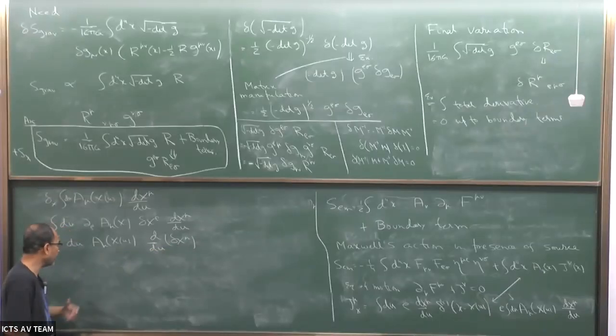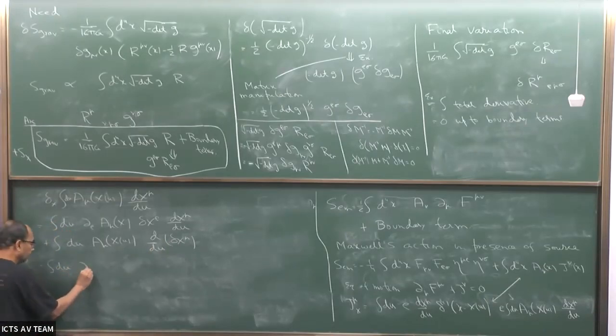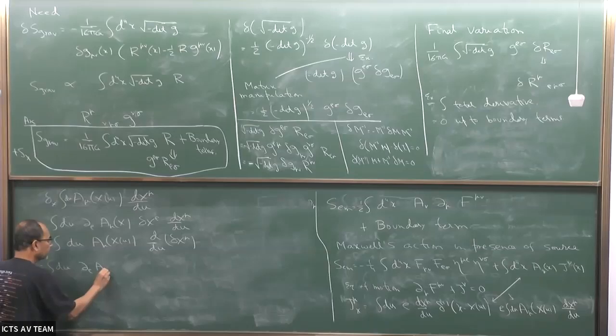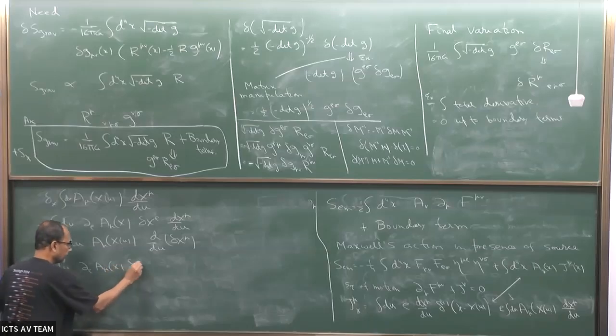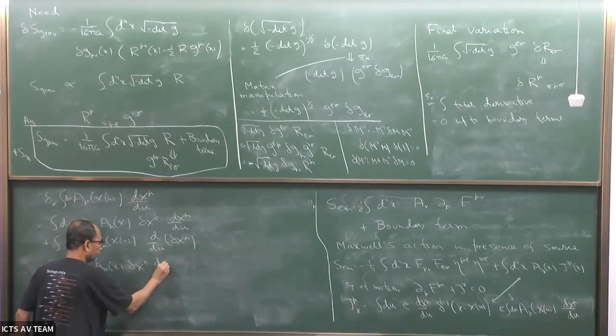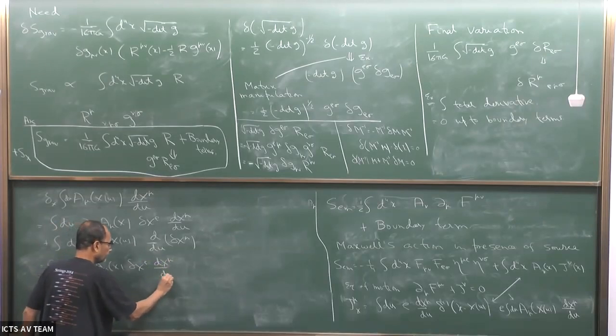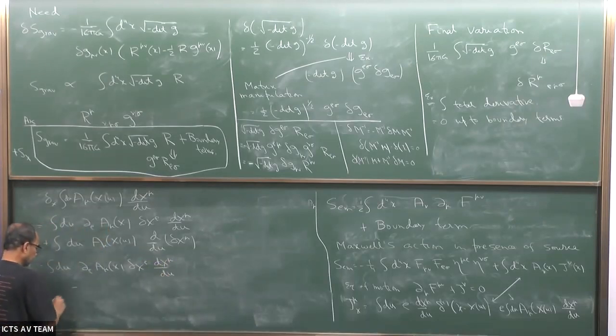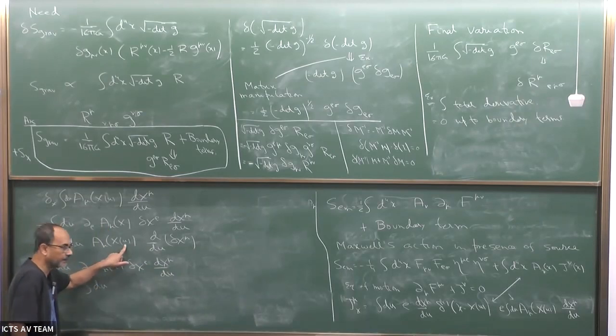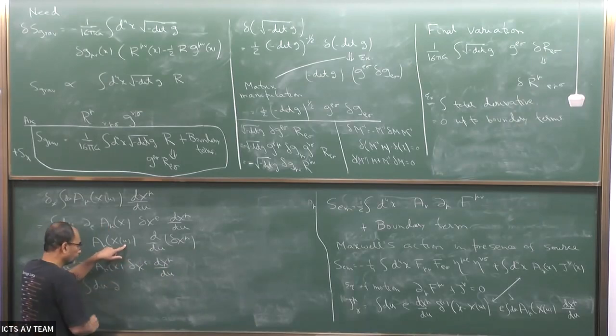So I write this as the integral d mu du minus the integral du. So d du now acts on this, and again it acts on this because x depends on u. So this gives you